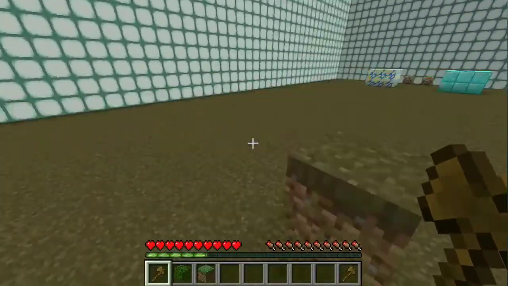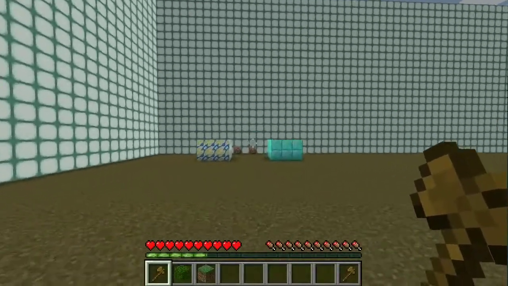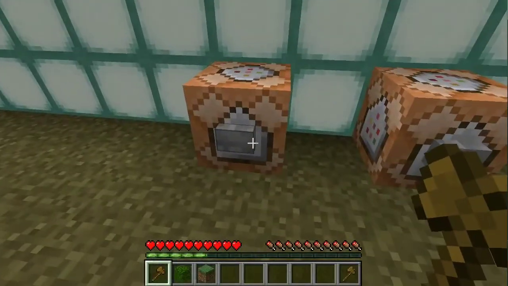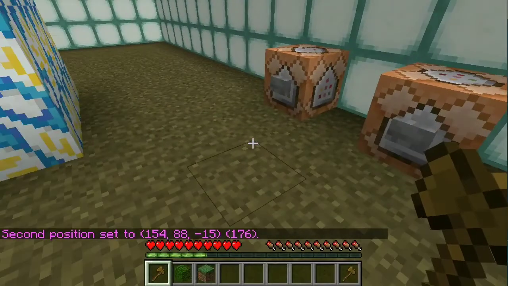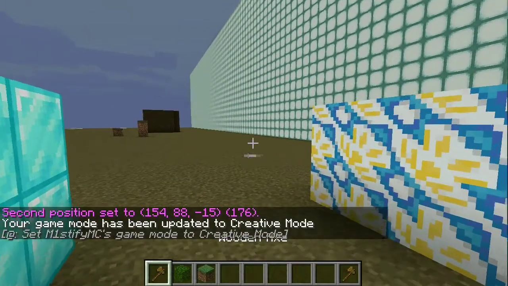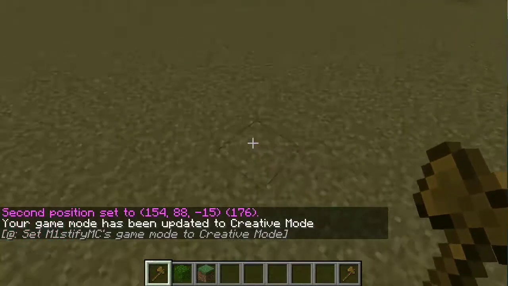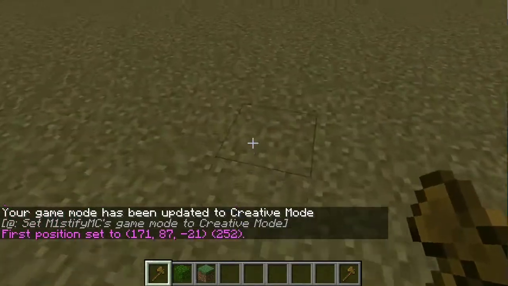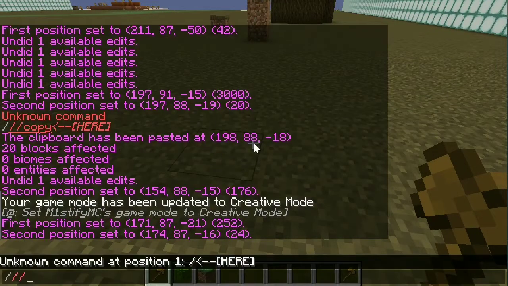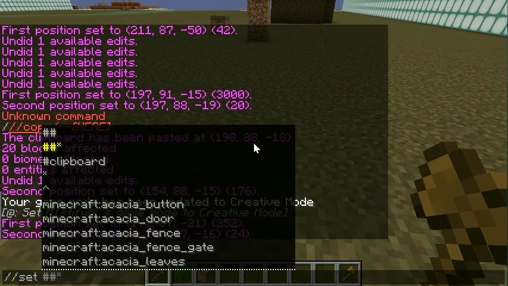And of course, this also can be used to do something else, such as, now I'll just go into creative. Yeah, so you can also do some crazy stuff with this. I'll take this and I'll take this. Now I can make a randomizer like this. I can do //set